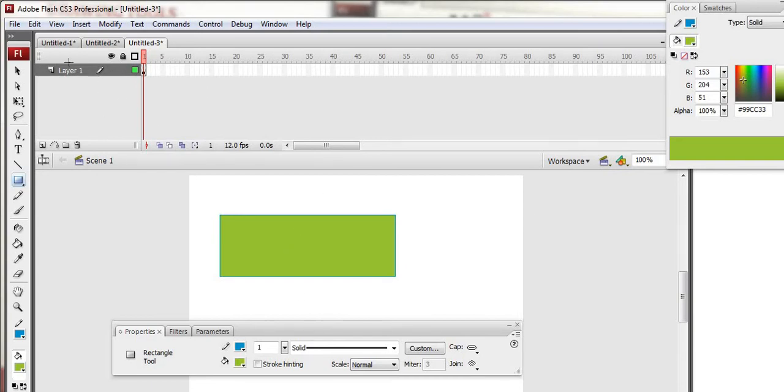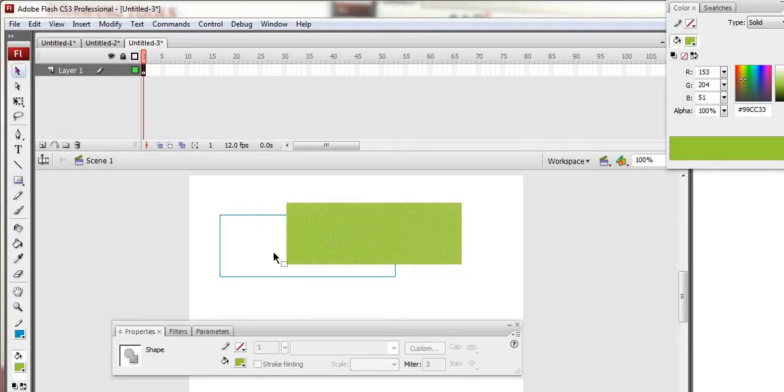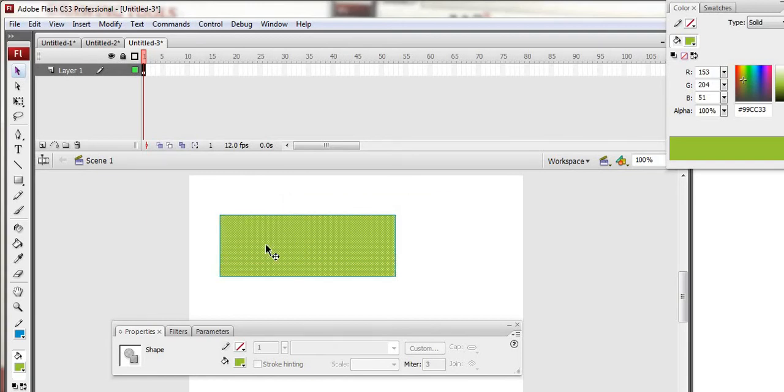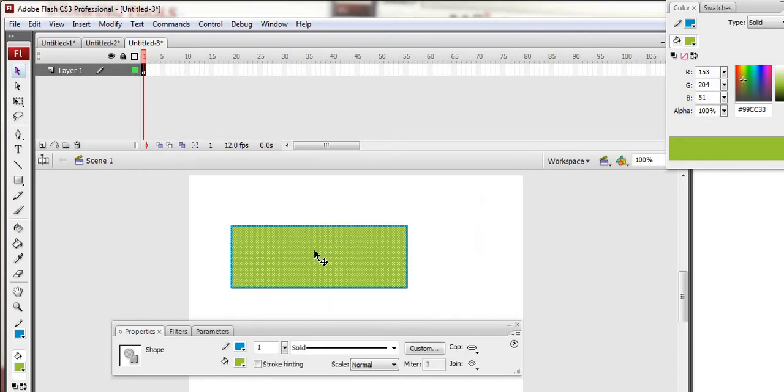Now I am choosing the selection tool. Click on the selection tool. Now I am moving this. But what is happening? These two are separate, stroke color and fill color. So using the shift key, or you can double click here, so that you can move these objects together like this, okay?